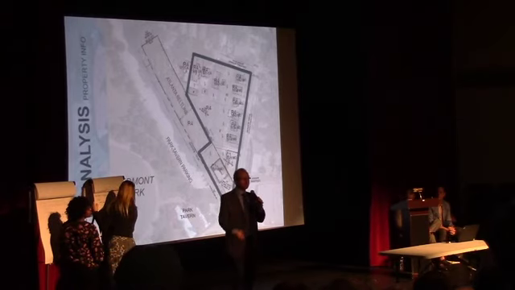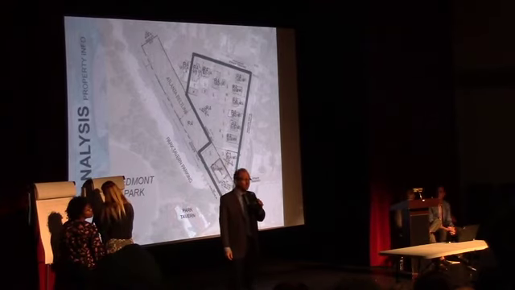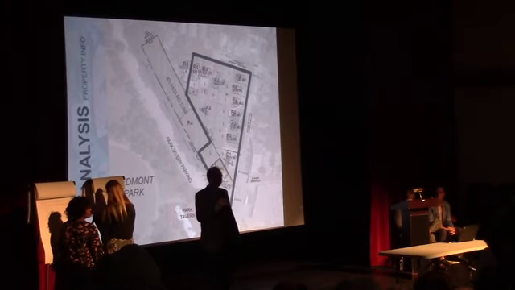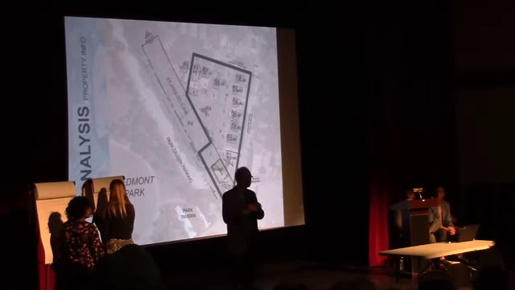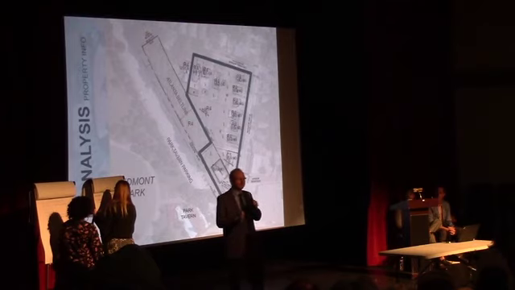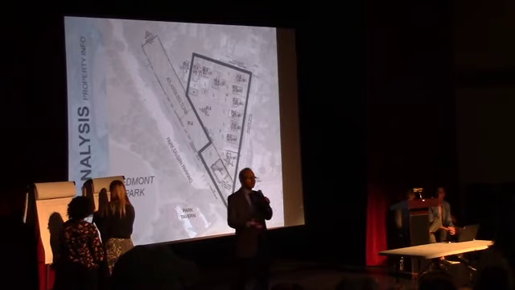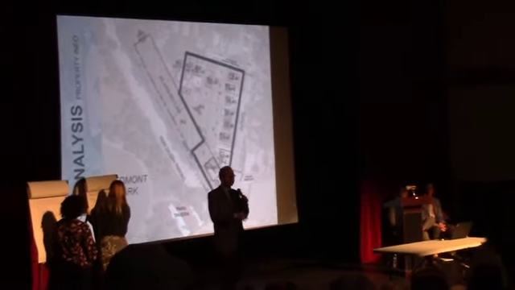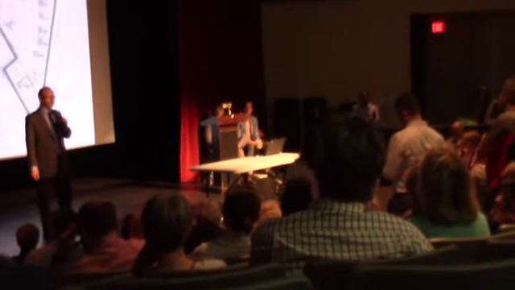But we hope to work through this process and establish something that'll work for everybody's objectives. We don't know exactly how many cars because we don't know the uses yet. So we want to hear from you. One thing I do want to say is that the Beltline Overlay District already limits the amount of parking based on use. And we don't know how many residential units or how much retail or how much food hall or any of that. We're just exploring these different options for the program. So that'll determine the number of cars.